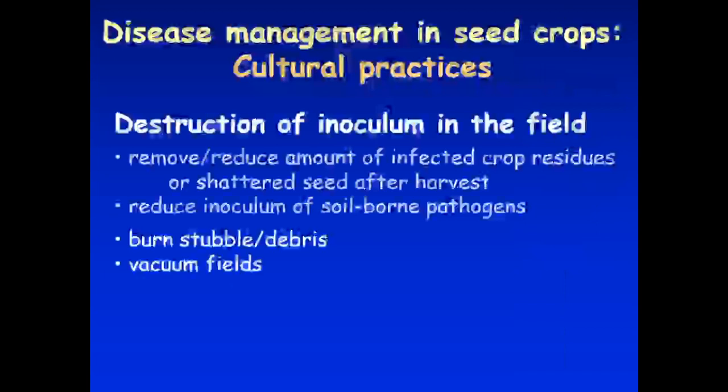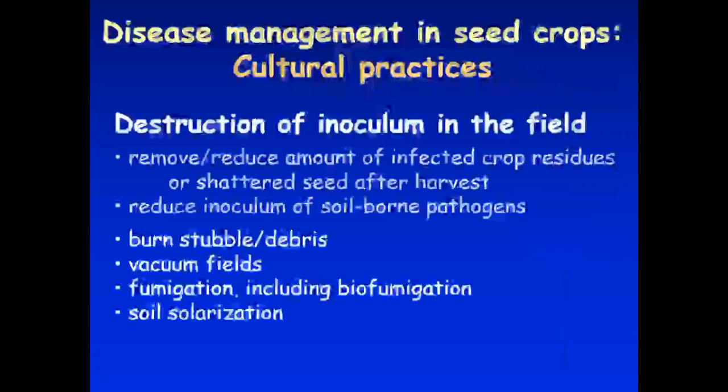I've even seen people talking about vacuuming fields. Now, this seems a little extreme, but perhaps if you've got a smaller scale field and you're dealing with limited production, I've heard people talking about going over and vacuuming up the inoculum. I was looking at a study down in Hermiston of ergot and grass seed production, where they came over with a vacuum and vacuumed the sclerotia that fell out of the heads of the grass seed crop to minimize inoculum that would go through to the next year of that perennial grass seed production.